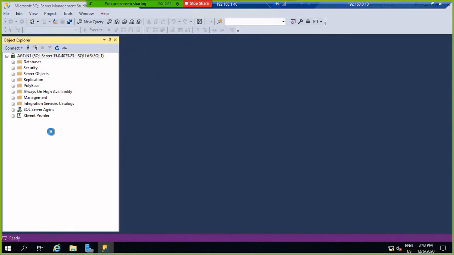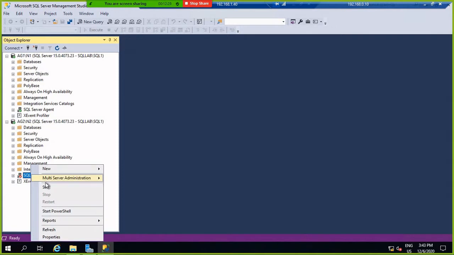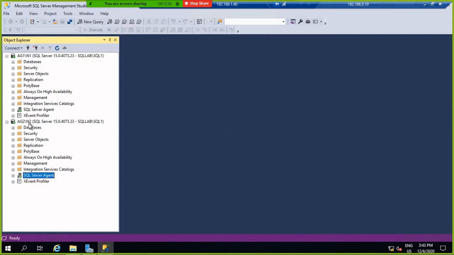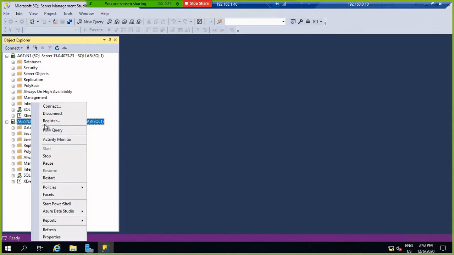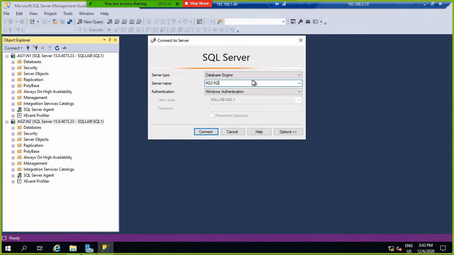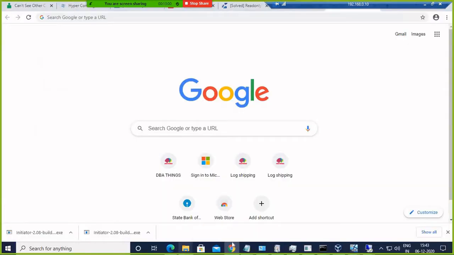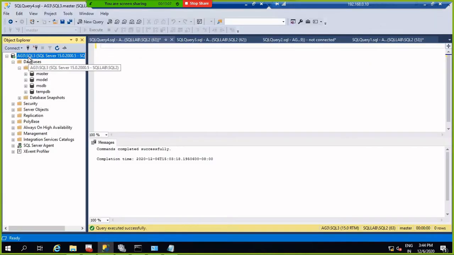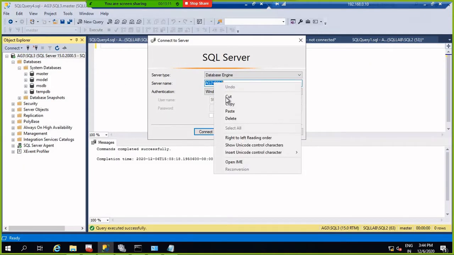This is the secondary one. Just see the SQL instance here, 44, AG is SQL 3.